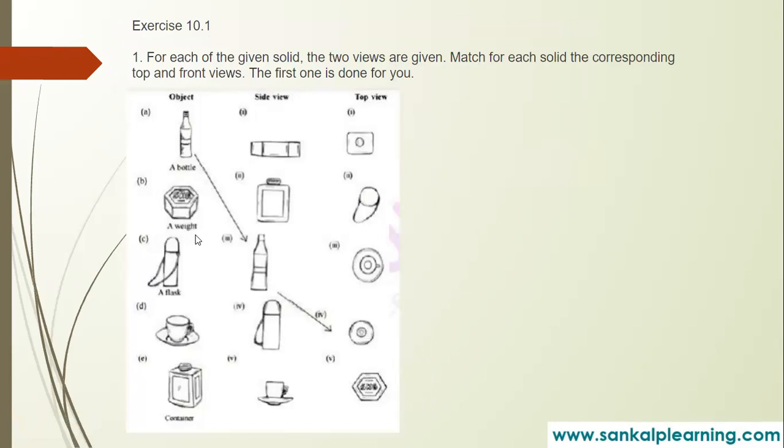And come to the second one, weighing stone. Okay, so that is the side view. How does the weighing stone look when you see it from the side? See, the answer is the first one. See, it looks like this, right? And if you see from the top view, see, it looks like this, right? Yes, the fifth one, you have to match it, children.